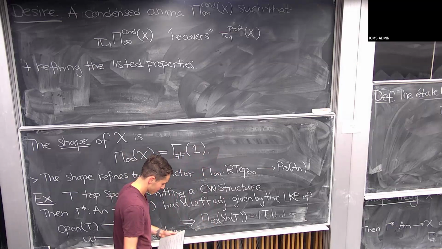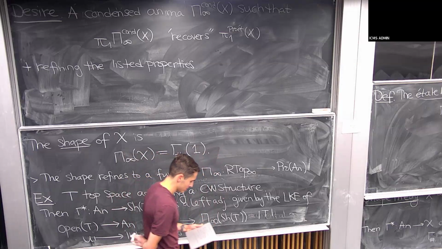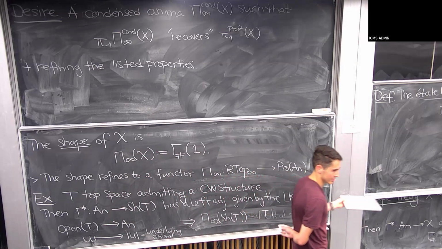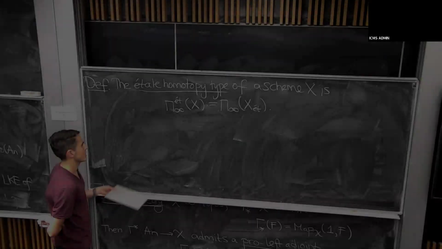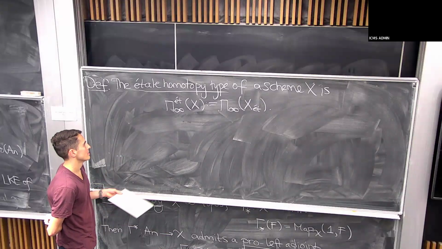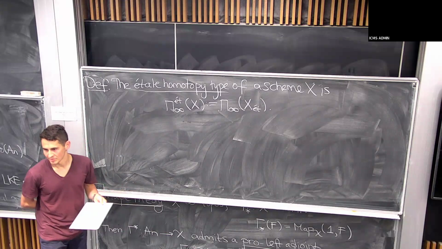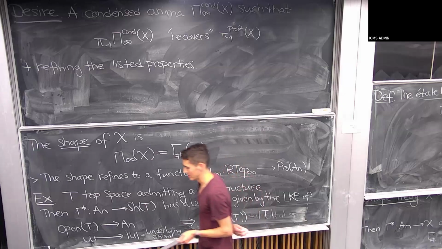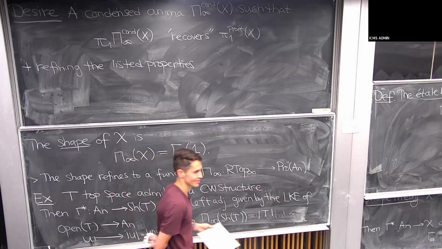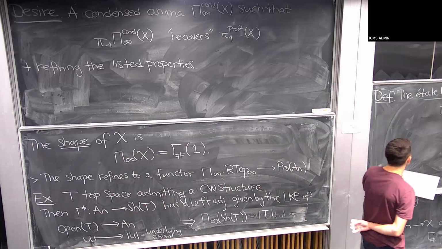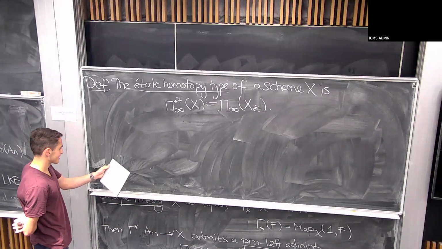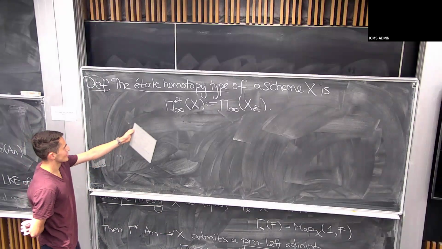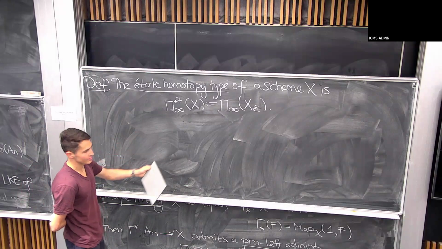So, but it's understandable if you're very unhappy with this definition because, I mean, say, how can you possibly compute it? Well, I mean, you can't, because in arithmetic geometry we basically cannot compute étale pi1 except for some small list of examples. But anyway, let's ignore that. Let me try to instead now give you a different definition.